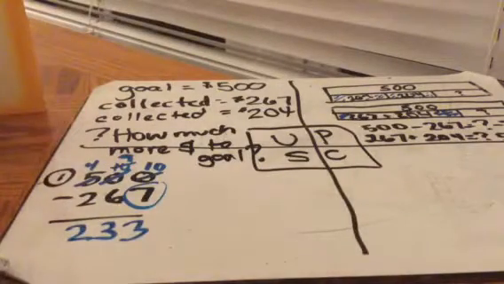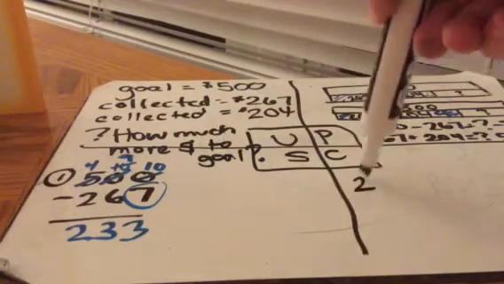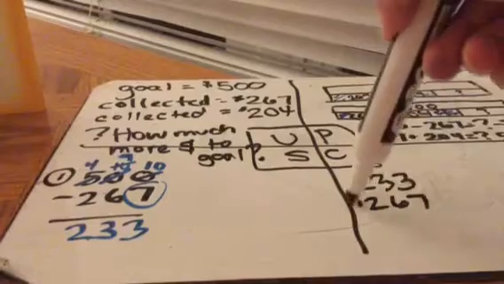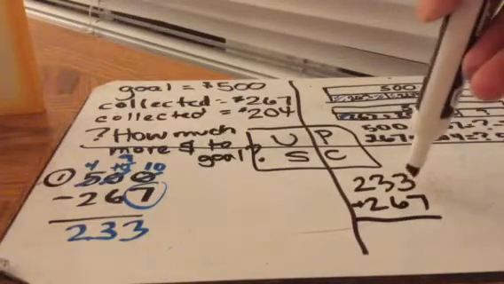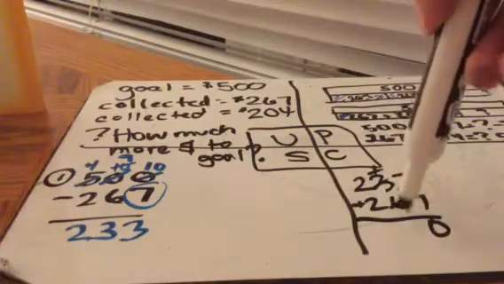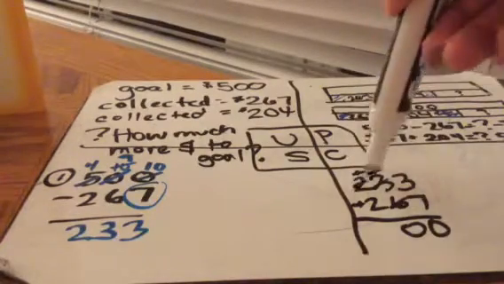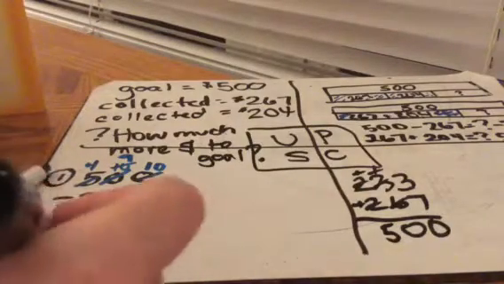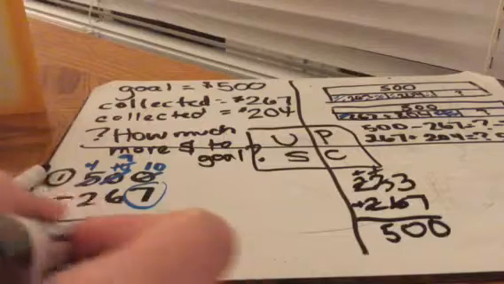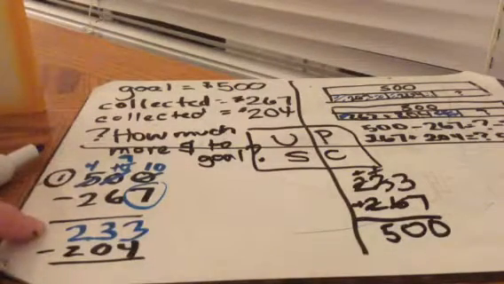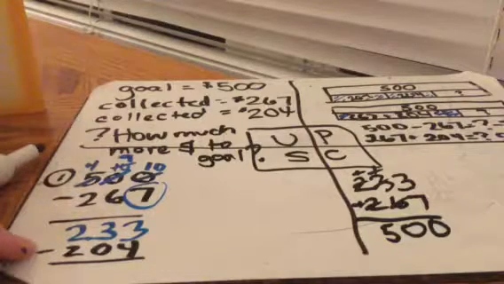I'm gonna check it, make sure it's right, because if I do that wrong, then step 2 is certainly going to be wrong. So I add from the bottom to the top. 3 plus 7 is 10, 1 plus 3 is 4, plus 6 is 10, 1 plus 2 is 5. So that checks out. So now I can do the take away 204, because this is what's left after doing family. Now she has also collected from the community, so we need to get rid of that as well to see